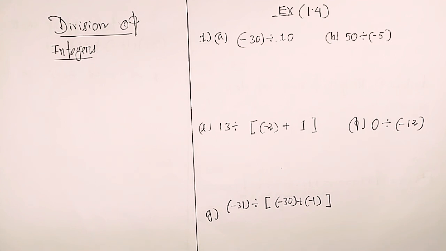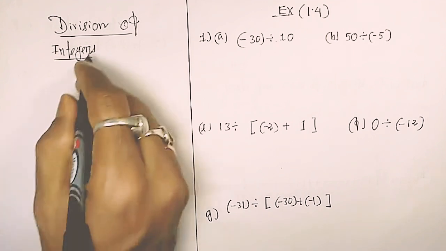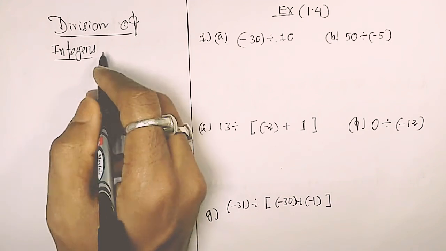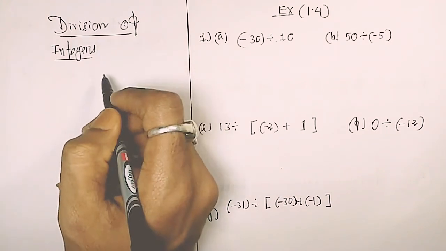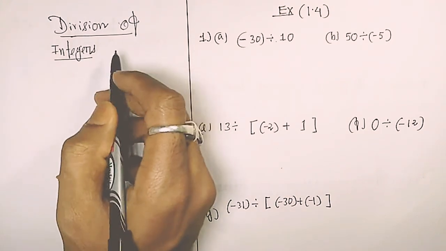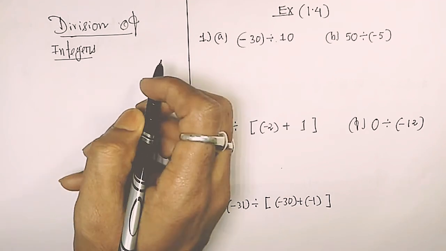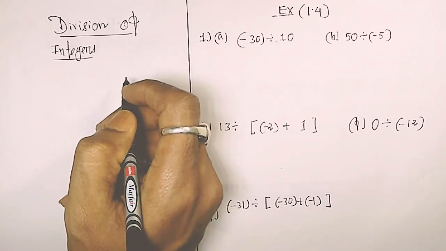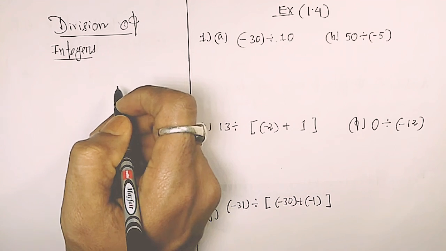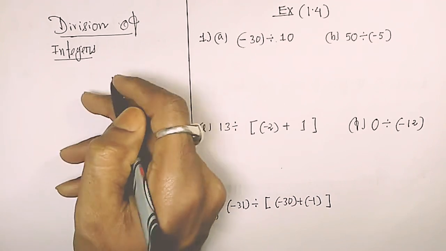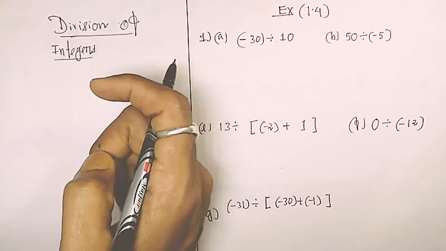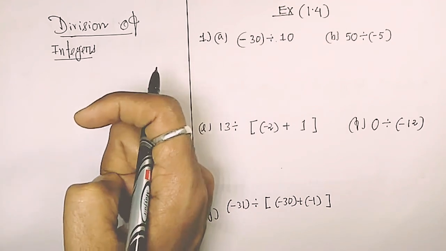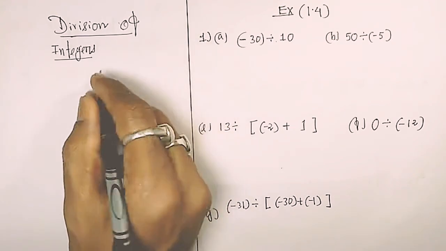So today we will start division of integers. In division of integers, you have already learned in class 6. Integers means these are the combination of both the positive and negative numbers along with 0. And what is the main property of the numbers? Each number does not have any fractional part.